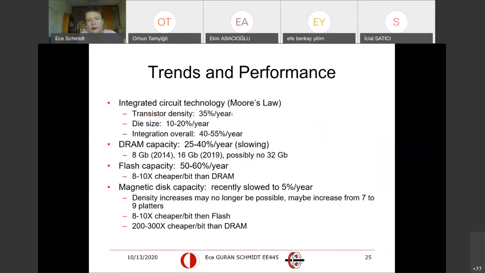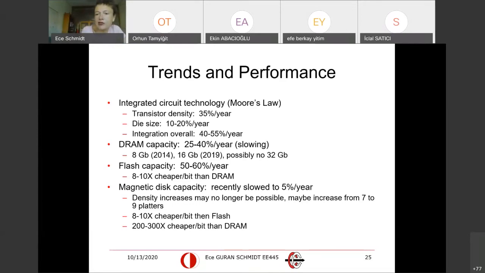So the integrated circuit technology grows with a certain percentage. These are the fundamental components, okay? The DRAM capacity is growing with a certain percentage. The flash capacity is growing with a certain percentage, magnetic disk, and so on. So there's always an advancement, but depending on the available technology, the advancement speed is not always at the same rate. Then if you cannot catch a certain rate, you have to invent tricks